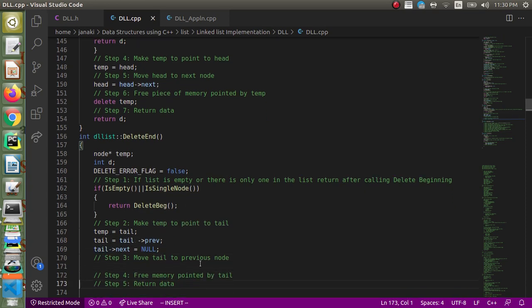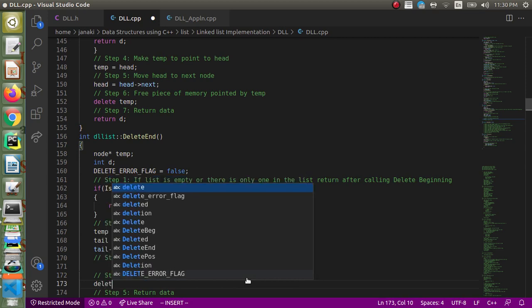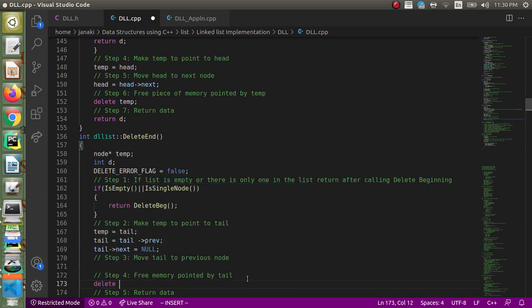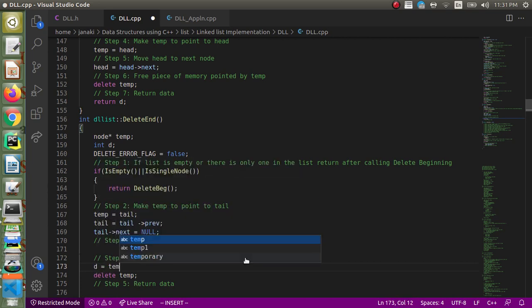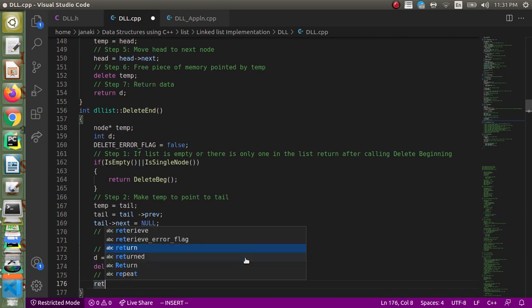And then I have to free the memory previously pointed by tail. So I have to use delete and release the memory pointed by temp now, right? And before this, actually I have to store the data in D. So D equal to temp data, and we have to return D.